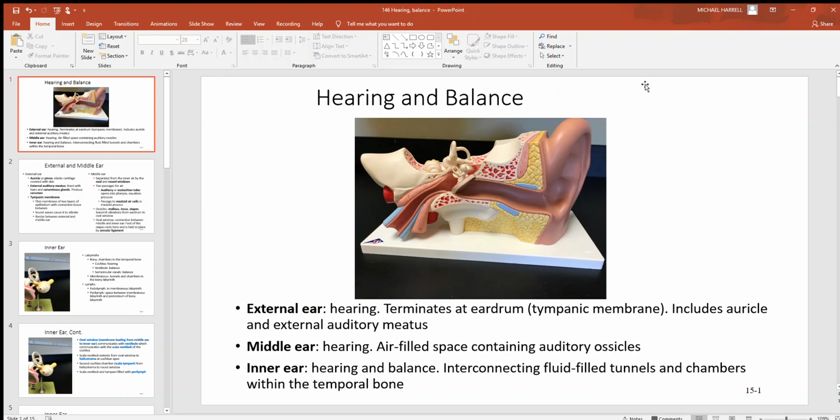Let's continue the special senses by looking at hearing and balance. Now remember, the ear has two special senses associated with it, not just hearing but balance also. So the ear itself has three different regions. First is the external ear. That goes from the fleshy outside, which is actually called the auricle, which is what you think of as your ear. Then you've got this external auditory meatus, which is this passageway leading back to the tympanic membrane, which is your